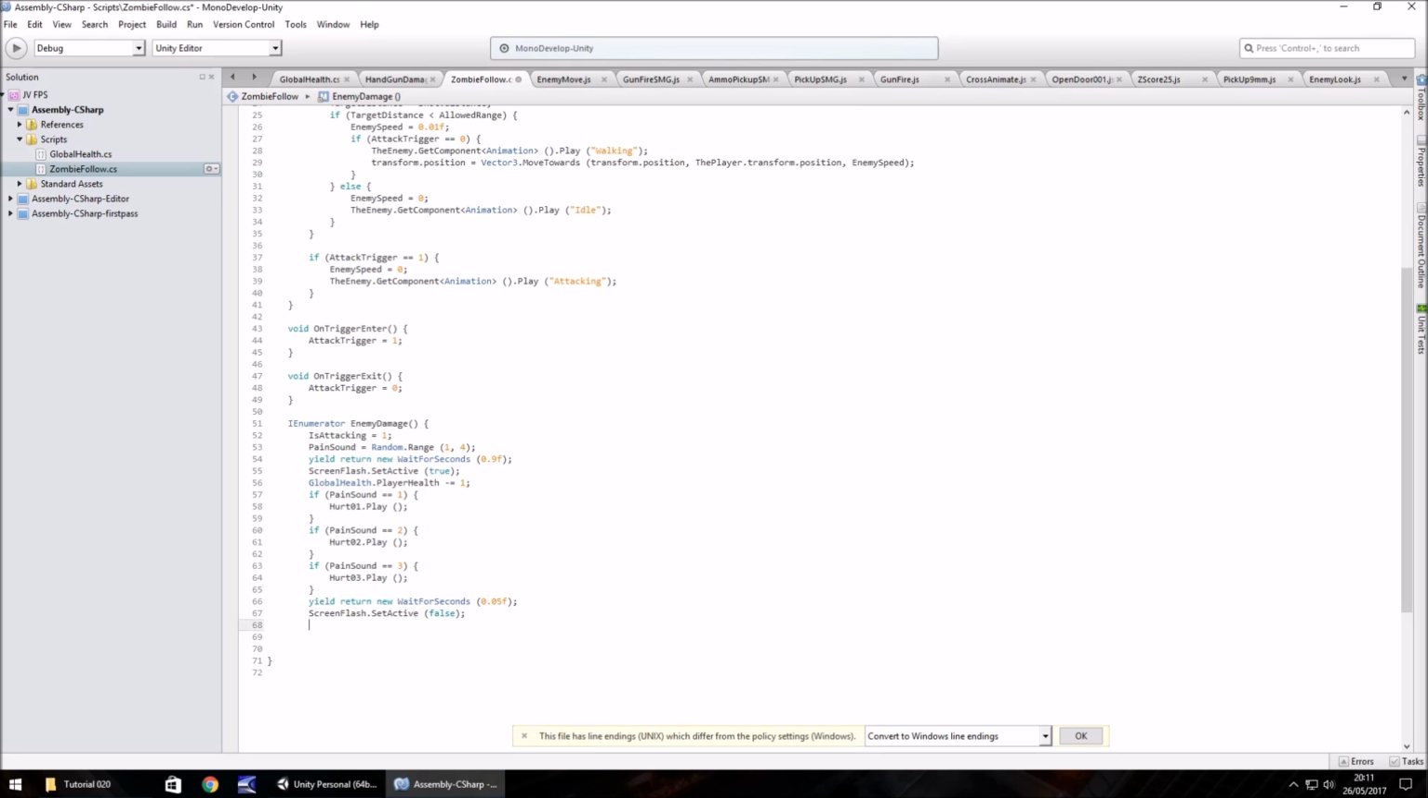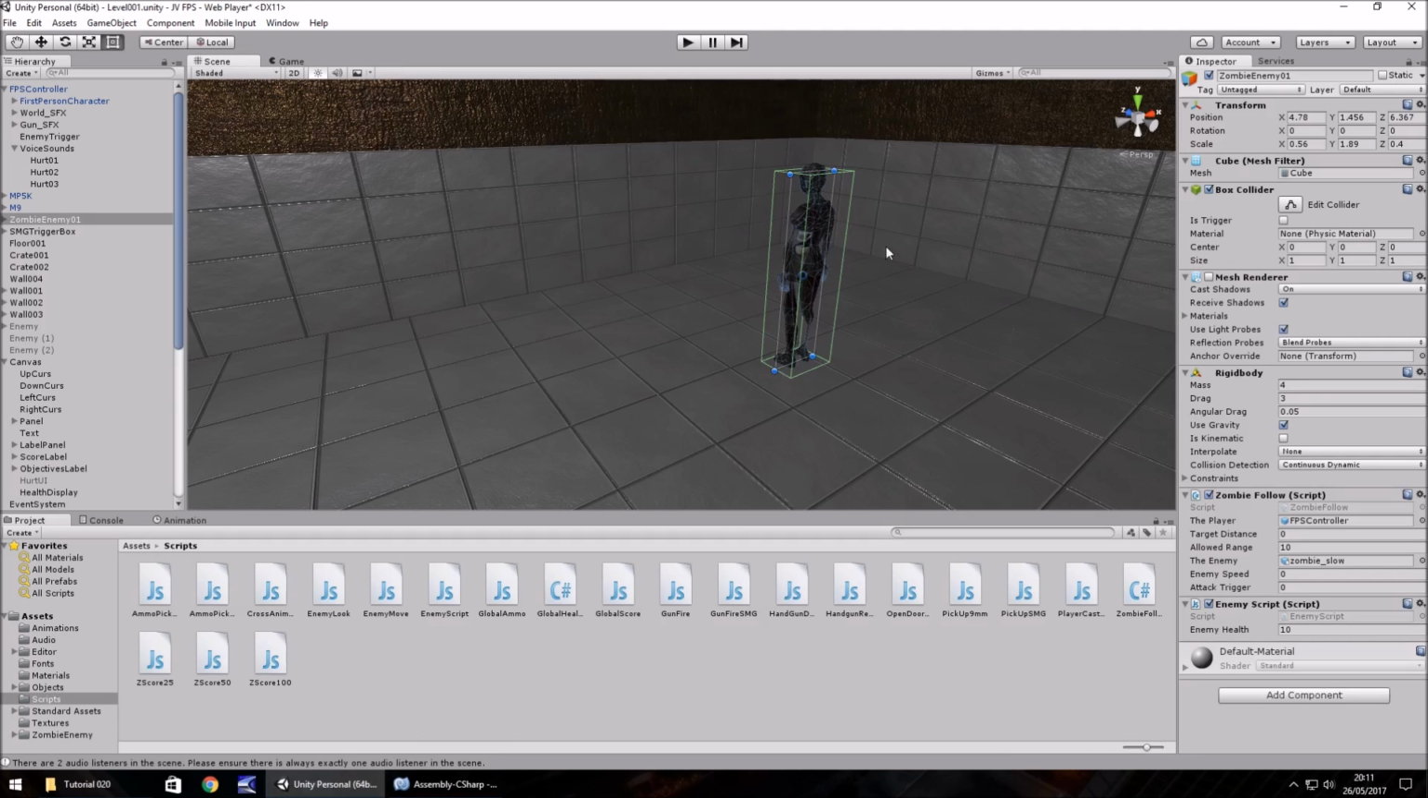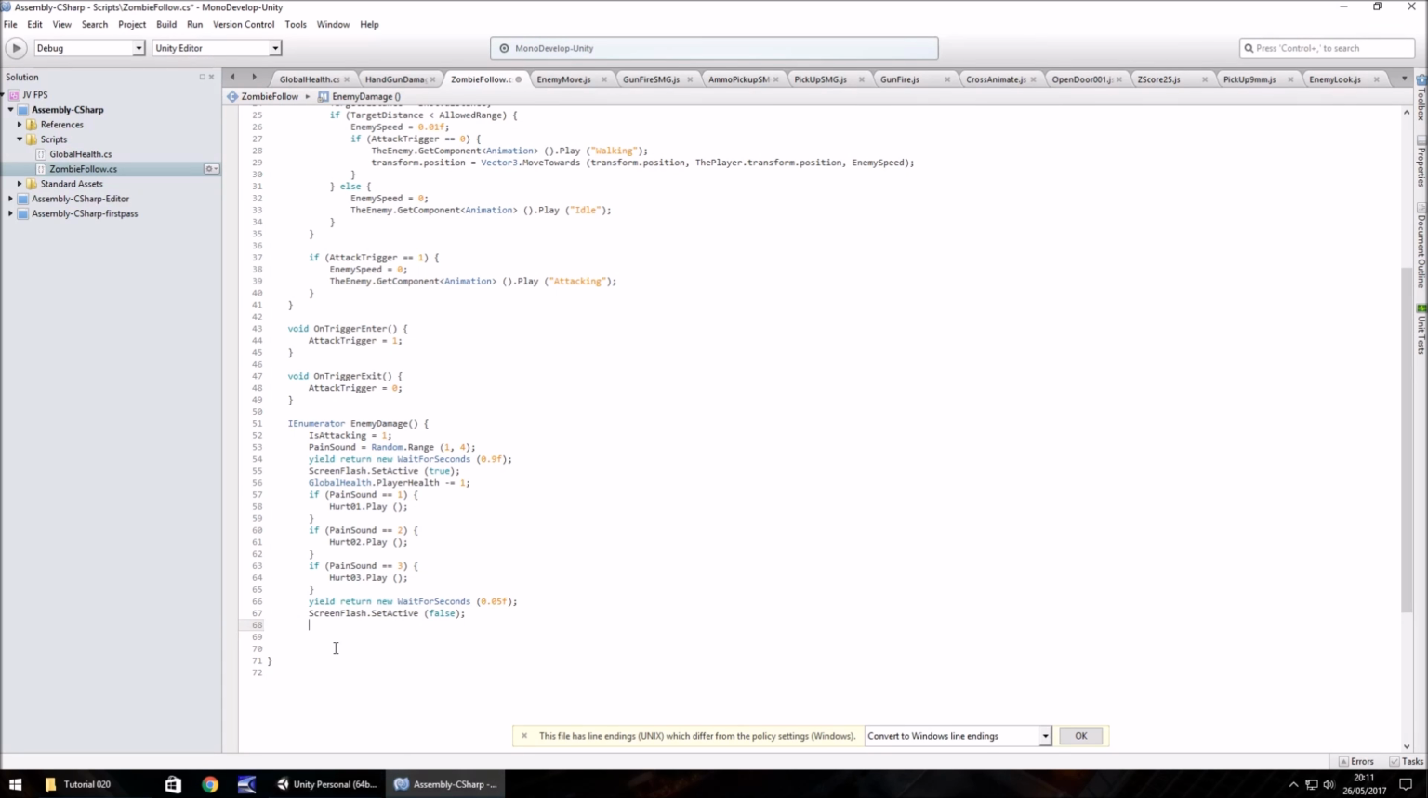Now we need to wait for the rest of the animation to finish, and as I say, if you're using this same model, the rest of the animation will last exactly 1 second. So yield return new wait for seconds, and in brackets 1, and we don't put an F there because it's an integer, a whole number. After this we can put is attacking equals 0, and then after that we can close